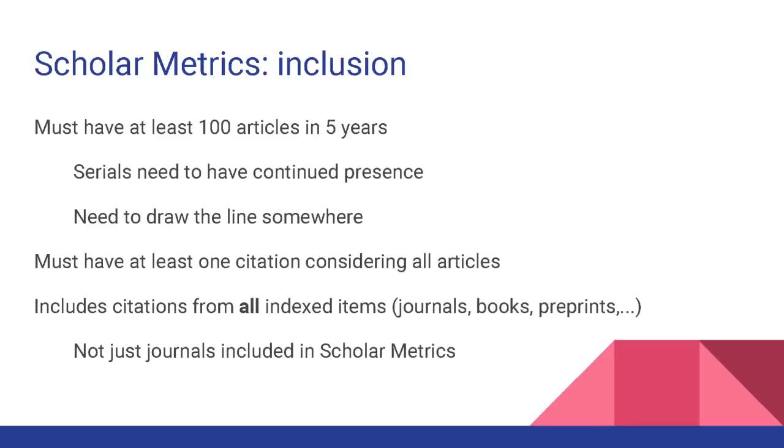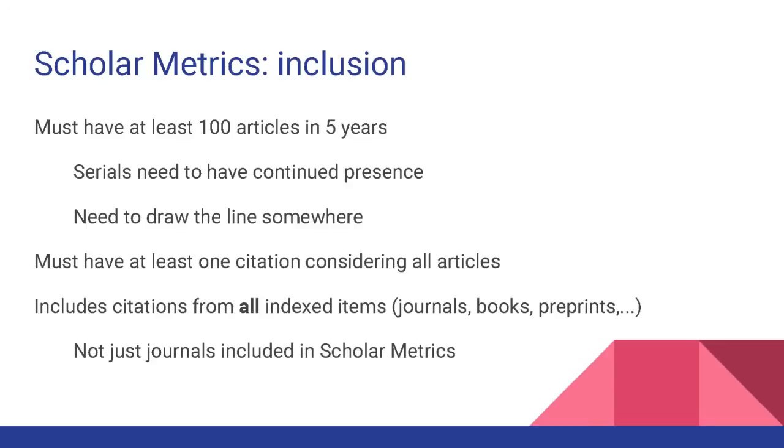The second set of criteria: journals or publication venues should have had at least 100 articles in 5 years. To be considered a serial, it needs to have continued presence, a sufficient period of existence for it to say this is a collection that you can measure. And you need to draw the line somewhere. It could be 75, it could be 100, it could be 125. Currently, we have picked 100 as the boundary. It covers most journals,